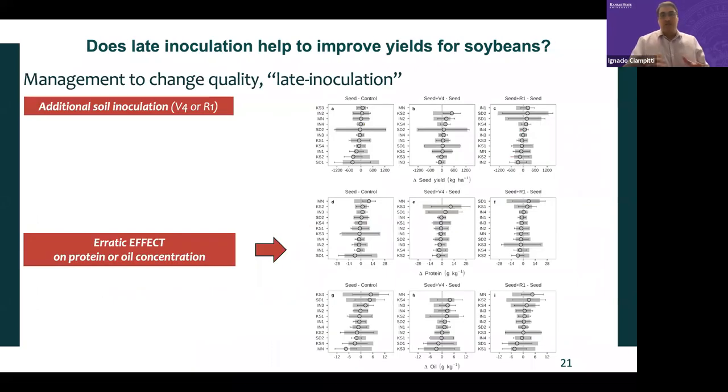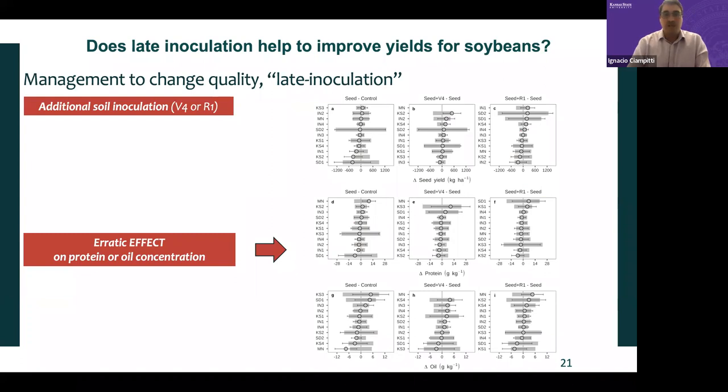So now let's talk a little bit about what are the things that we can do to help fixation. We have a few different projects that we conducted. Late inoculation was the first I'm presenting here. We also will discuss very quickly the co-inoculation. And we try to think about the concept: can we inoculate soybeans? Can we get into soybeans late in the season? So we did a study looking at late inoculation.